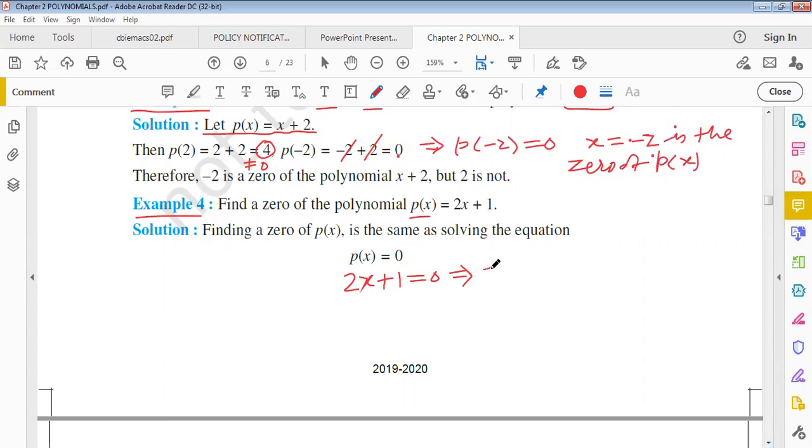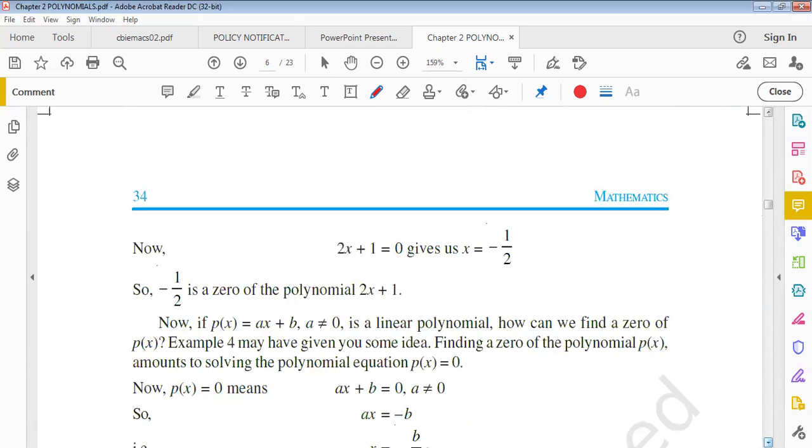which is implying that we are keeping 2x as it is. This plus 1 taking to either side, it becomes -1. And then finally we are dividing by the multiple of x. Multiple कितना है? 2. इसको यहाँ डिवाइड कर देते हैं दूसरी साइड के अंदर. So it is minus of 1/2. That means if we are putting x equals to -1/2, this polynomial becomes 0. Look at it. Here it is. This is the value. X equals to minus 1 by 2. So minus 1 by 2 is the zero of the polynomial 2x plus 1.